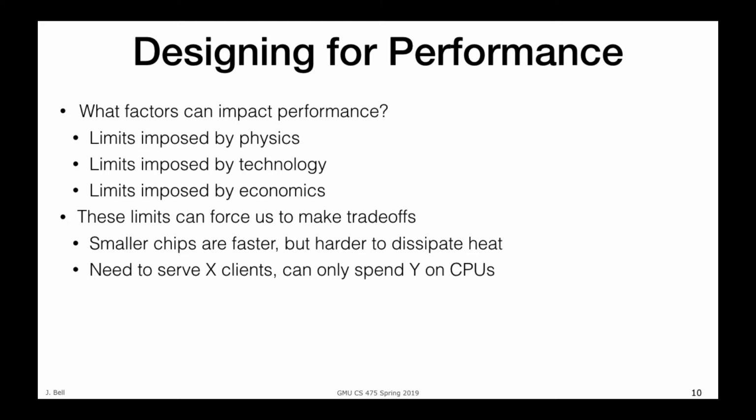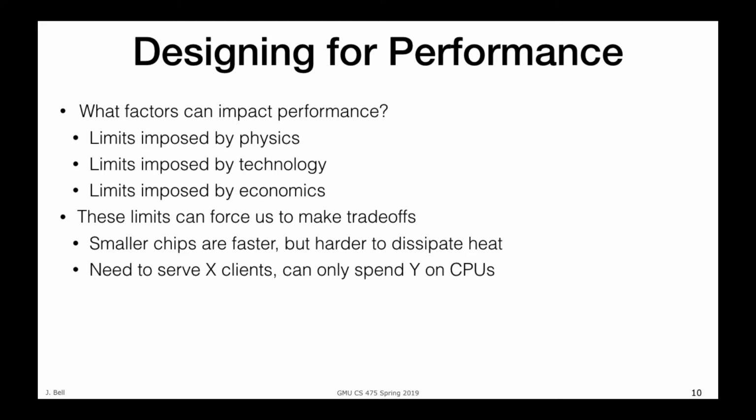Done. I probably can't get very close to the speed of light, but there's a limitation here that's physical and we can't surmount. We have limitations imposed by technology, like for instance, CPUs can only get so fast before they